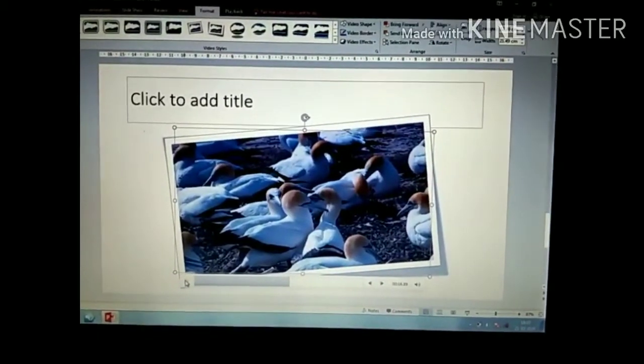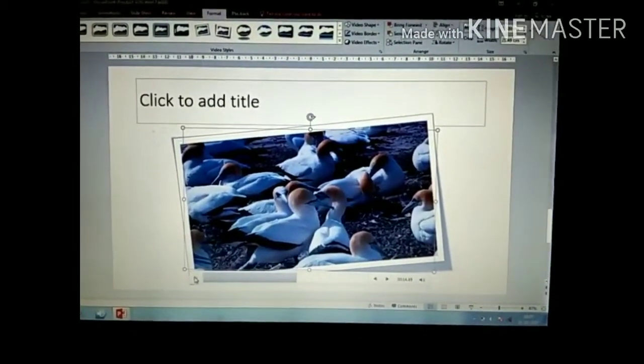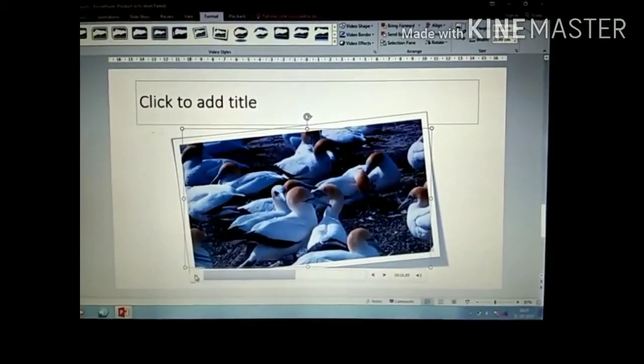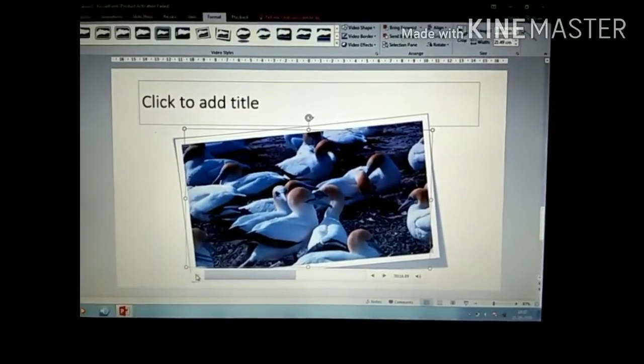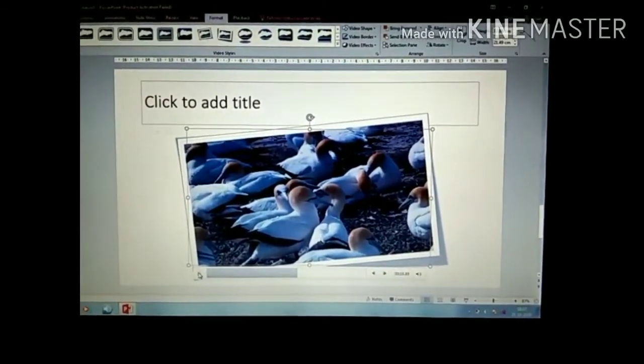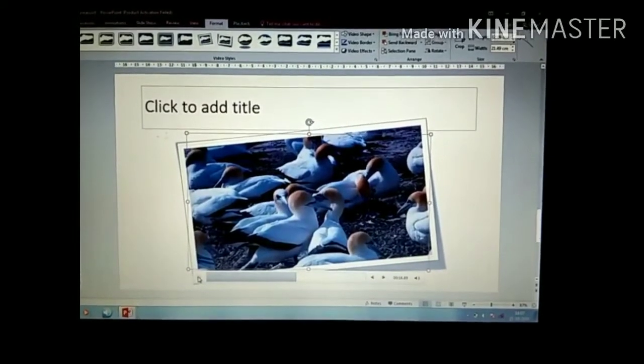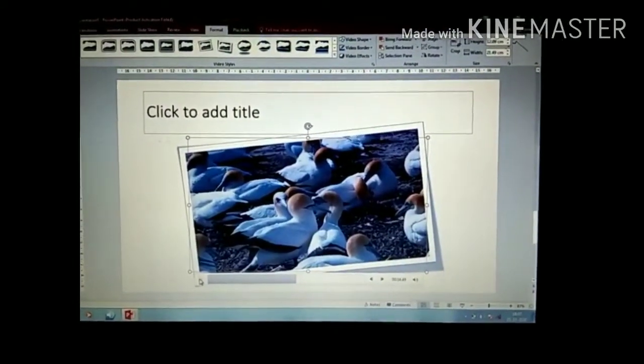So students, I hope you understand the graphics in PowerPoint presentation. Now our next practical is slide transition and slideshow. Let us see one by one the practical of slide transition, slideshow and setting up a slideshow.